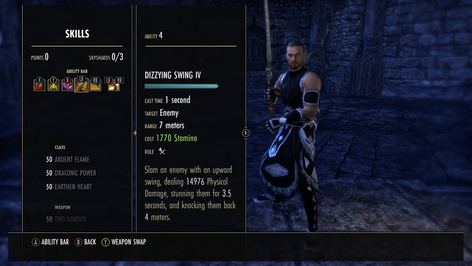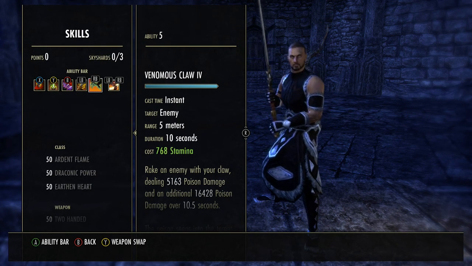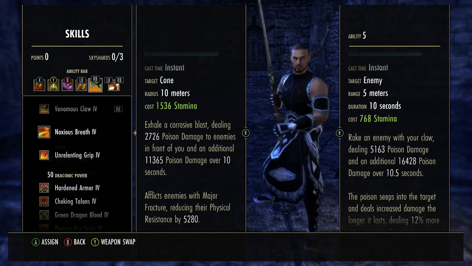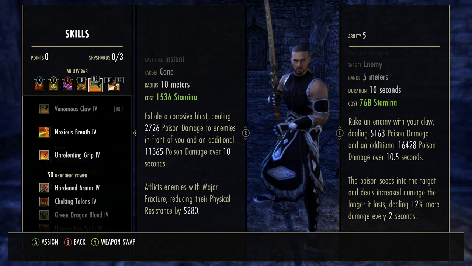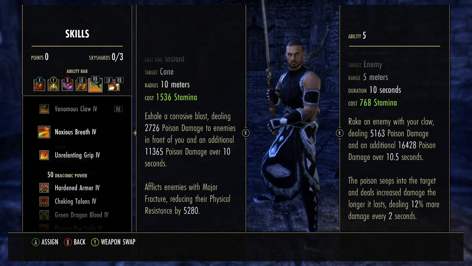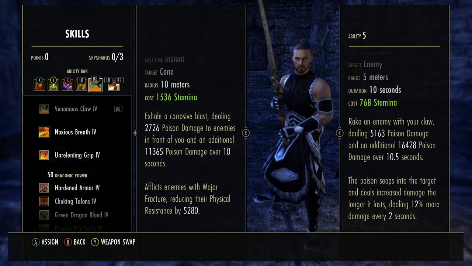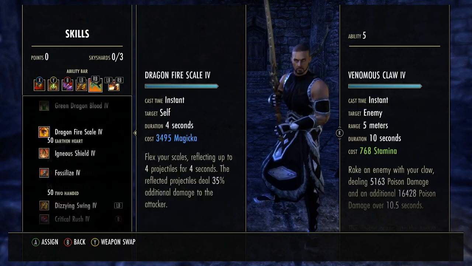Main spammable DPS. Flex spot, I'm currently running Venomous Claw. You can either run Noxious Breath, but do not spam this move. The major fracture that is applied to your enemies does not last very long, so only use this whenever you're kiting around a tree or rock and you have multiple people chasing after you. Hit this on them and then take flight immediately after. If that does not suit you,